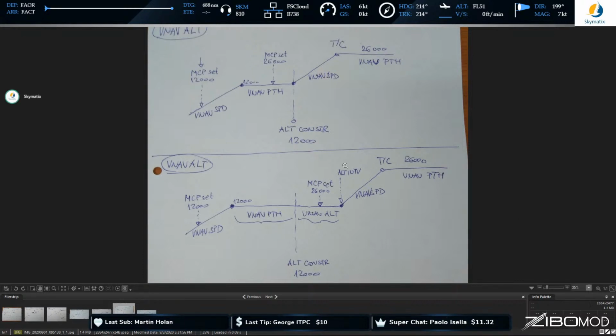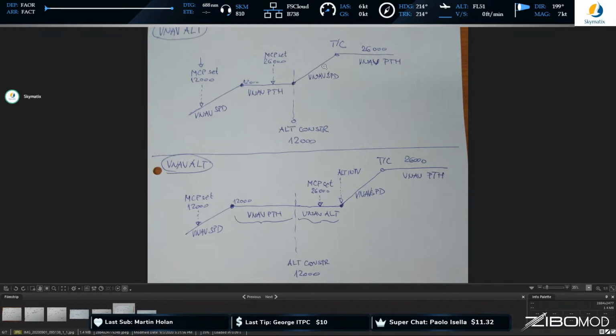Yeah, I'm gonna get the hang of it shortly. So basically this is with VNAV altitude installed. It's two variants of the same thing. This is what he's saying to me now. So both images with different situations. Alright, so the difference that I can see